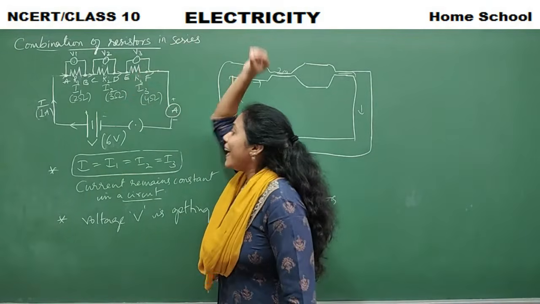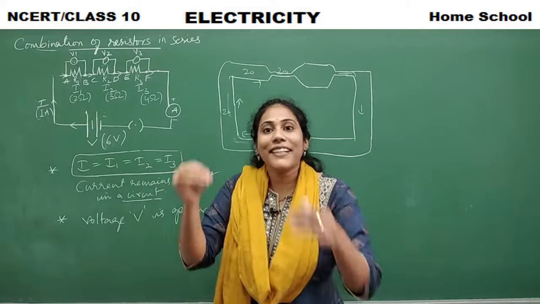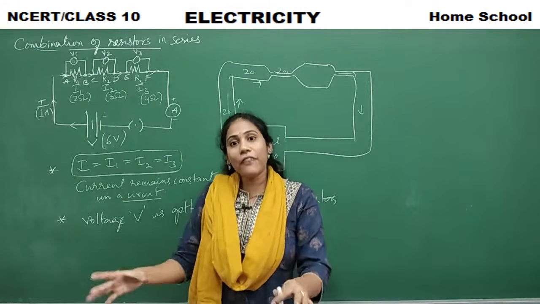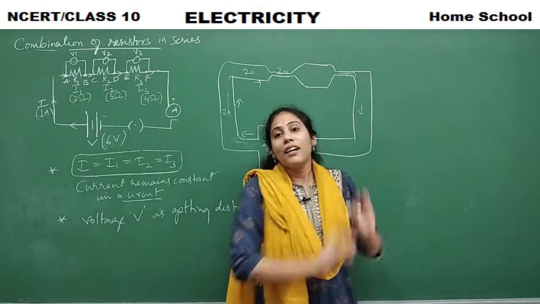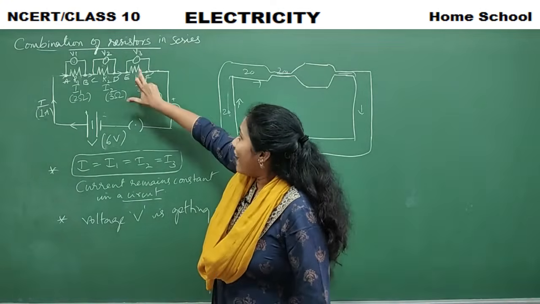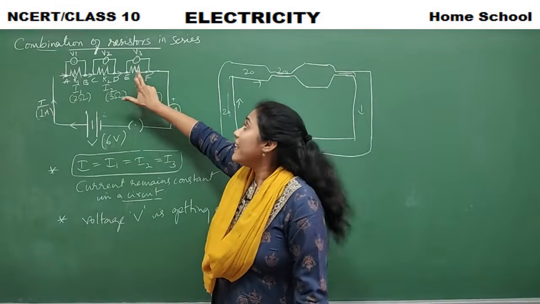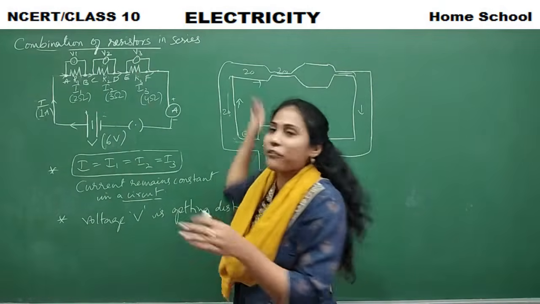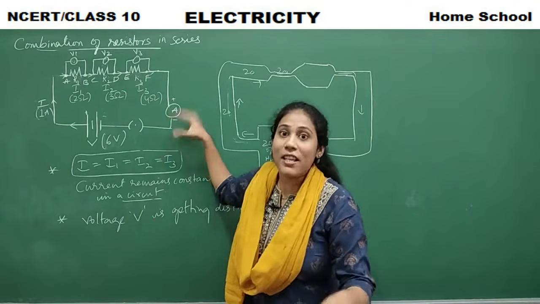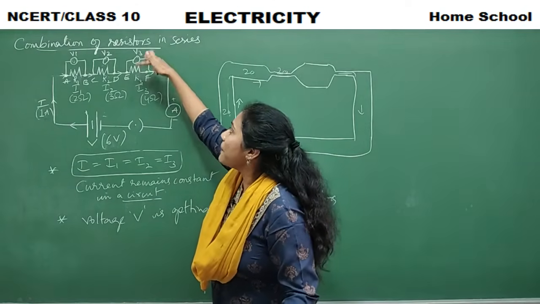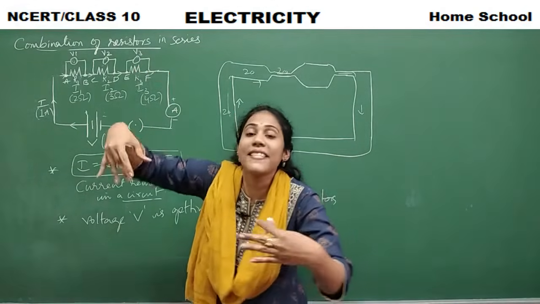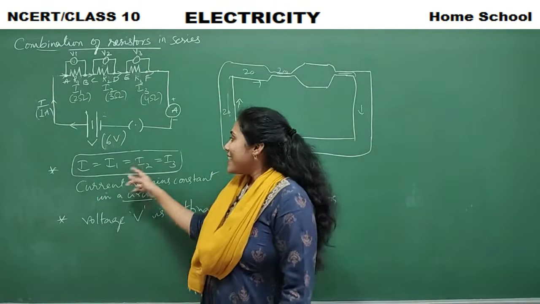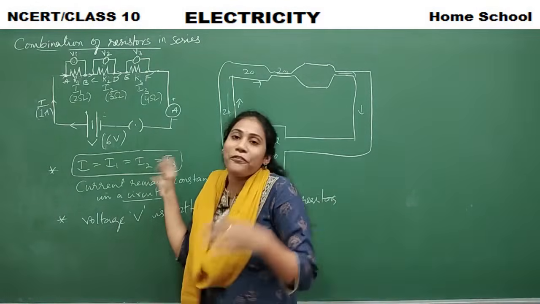So you want the help of voltage. Voltage is what? It is giving a push for the movement of electrons. It has to give a push for the flow of current, right? Since you have more resistance in this resistor, you need more push for the flow of current. The same amount of current flows, but you need more push here because in this region you have more disturbance to the flow of current, right? So this is how voltage is just like a friend for the flow